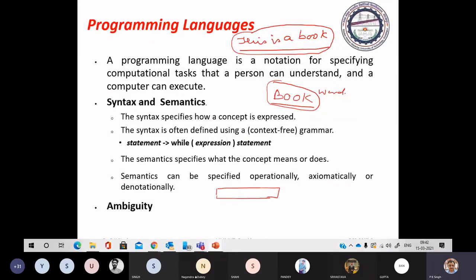And you want to know what idea is being conveyed by this. So you must have the knowledge of the English alphabet so that you can recognize these symbols. Then you must have the ability to group these symbols in different groups to form words of the language. Like THIS is one word, IS is a word, A is a word, then BOOK is a word.